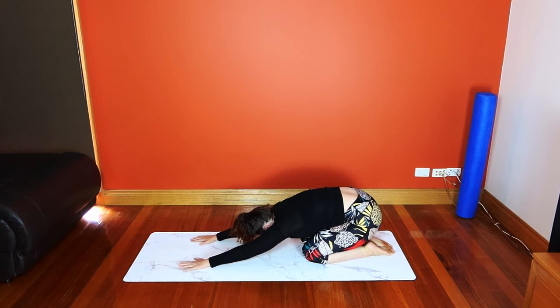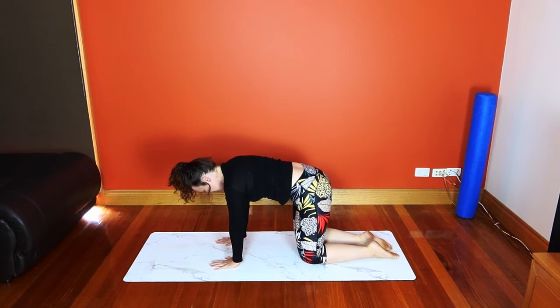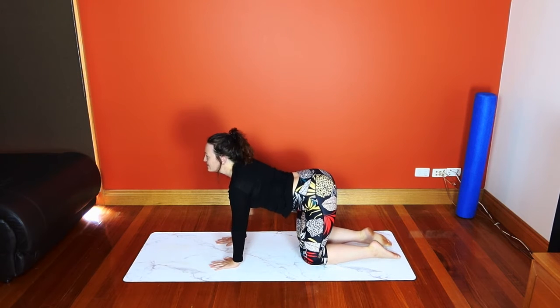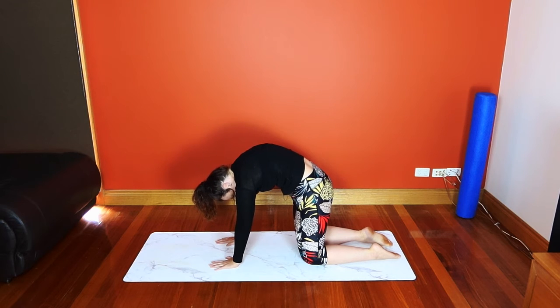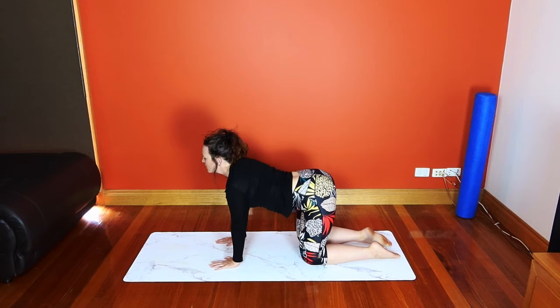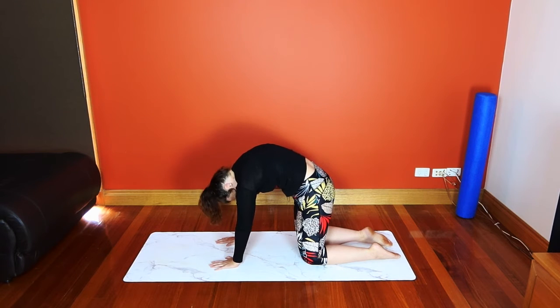Alright, from here we're going to come up onto our hands and knees. Knees are hip distance apart, hands are under our shoulders. We're going to go into our happy cat, angry cat. So dropping that tummy down, looking up the wall, then looking through to your knees, pushing your upper back up to the ceiling. Then drop that tummy down, looking up, looking through to your knees, pushing your upper back up,